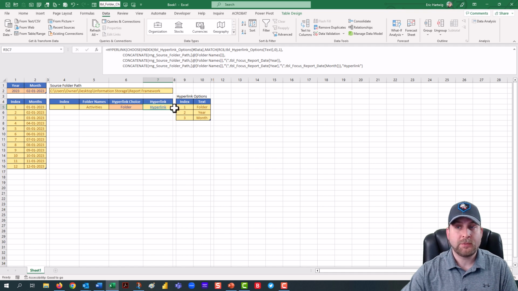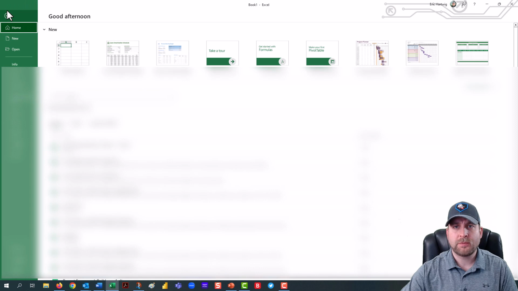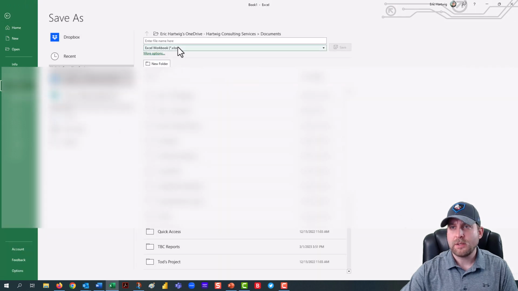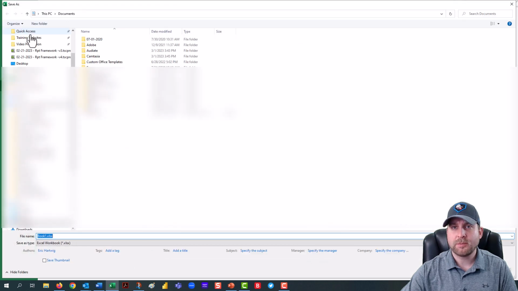Hey guys, I just needed to make a quick modification to this video because there was an error on the hyperlink function beforehand, and I realized why. It's because I had not yet saved the file, so we're going to go ahead and do that now. We're going to go under File, Save As, and we're going to navigate to our desktop, our information storage